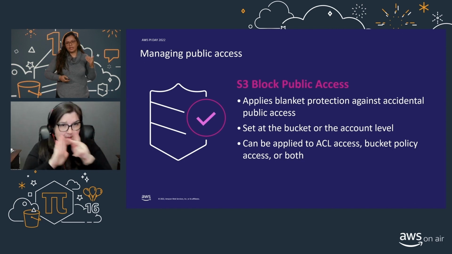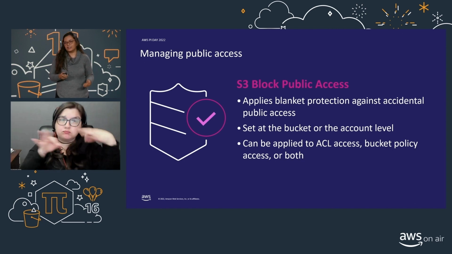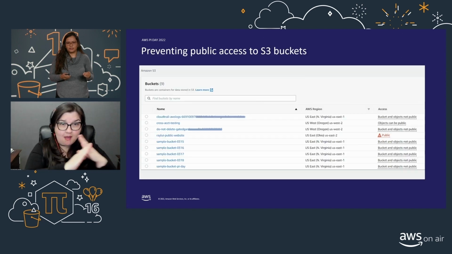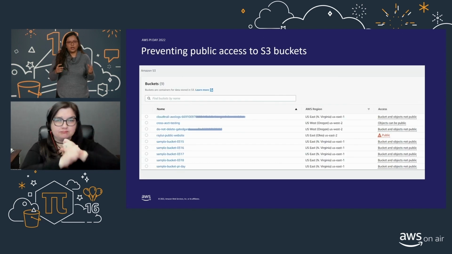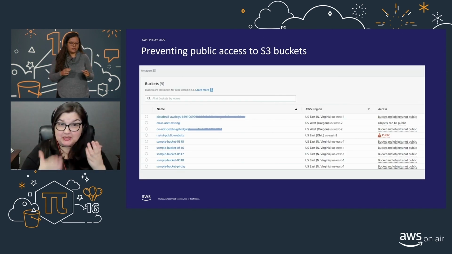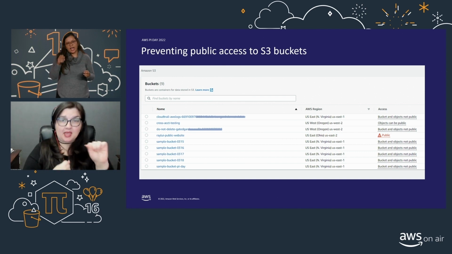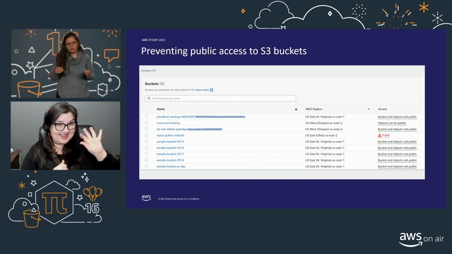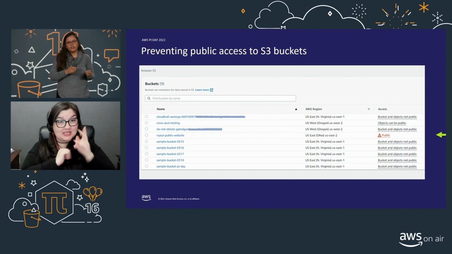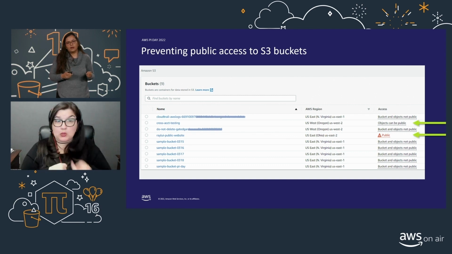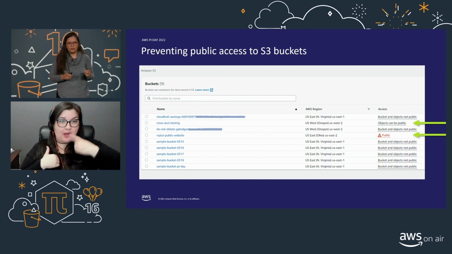So let's go through an example of how block public access helps you secure your buckets. So here we can see in the S3 console there are 9 buckets, and in the access column you can see the status of those buckets. So there are 2 buckets that have public access enabled right now.